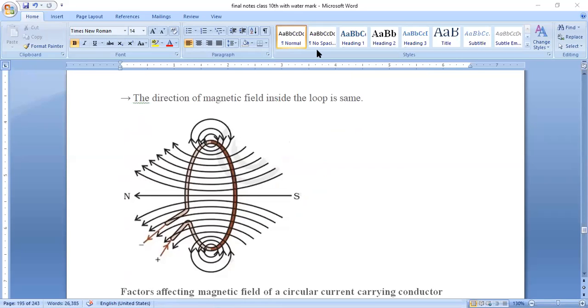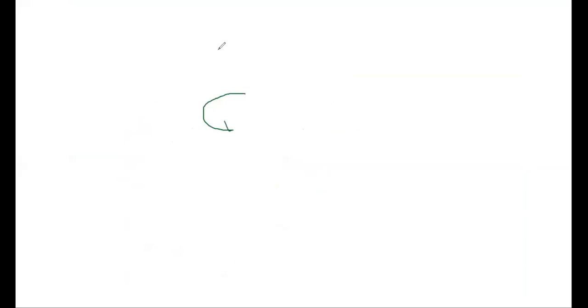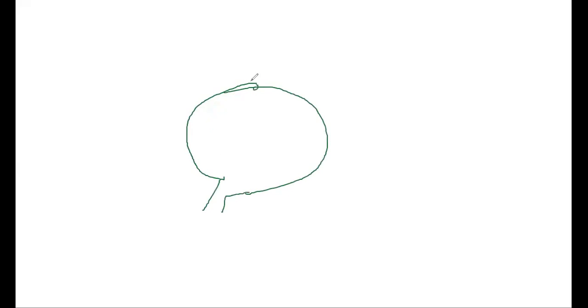See, these magnetic field lines are continuous. Magnetic field lines are continuous. If it is a circular loop, I'll draw that circular loop. Say I want the magnetic field at this point. So how will I draw: first, second, third, fourth, fifth. So it is becoming bigger. So I'll draw from here itself. They never intersect.